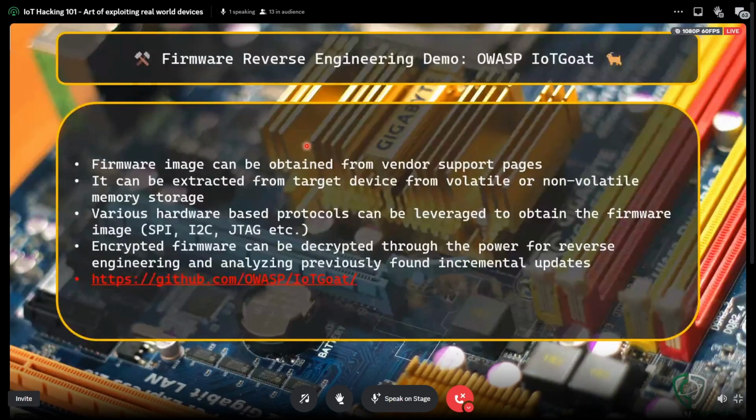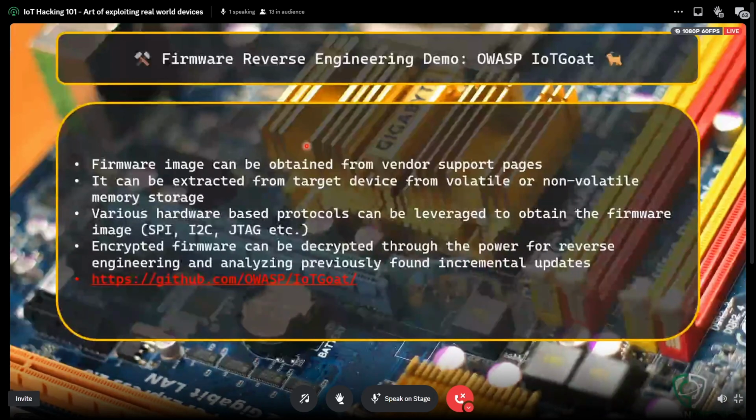So you want to extract the kernel. Why do you want to extract the kernel? Because you want to emulate that kernel under your own environment. Another one would be the file system, because you want to see what kind of programs that file system contains, what kind of binaries you have, and what kind of source code review tasks you can do by extracting the whole file system. So that is one way of getting the firmware, from support pages.